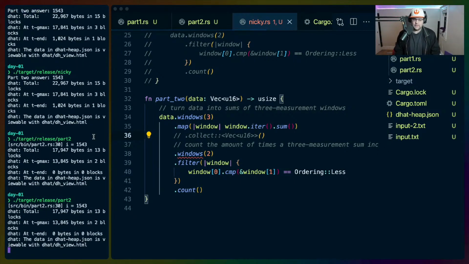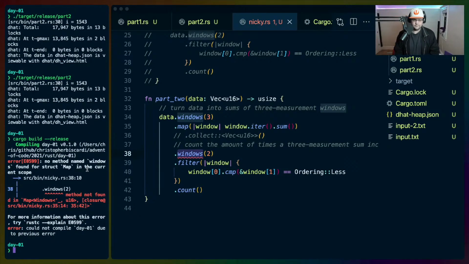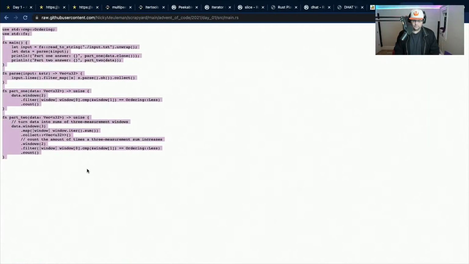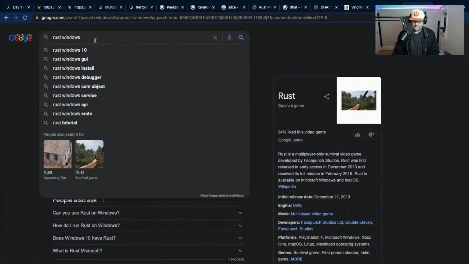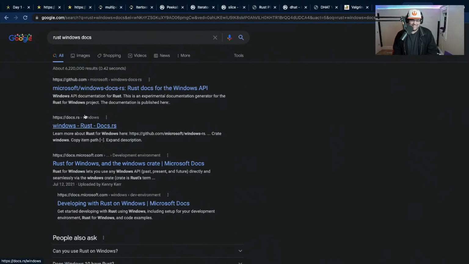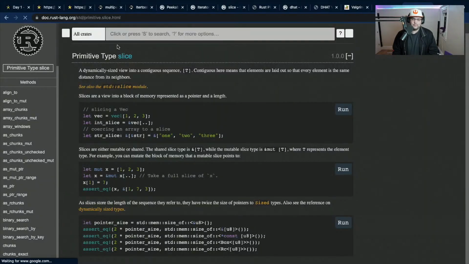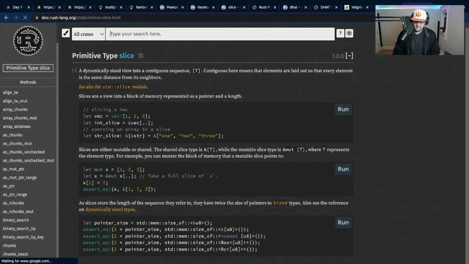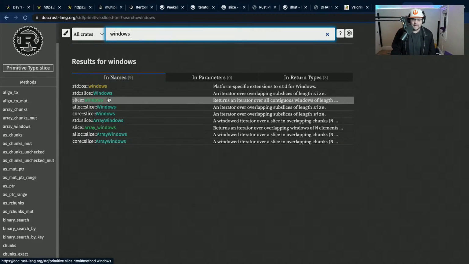You're saying that it yelled at you when you did this because windows is on a slice, not an iterator. Rust for windows, that's what I wanted. Okay, so across all crates, we have slice windows.